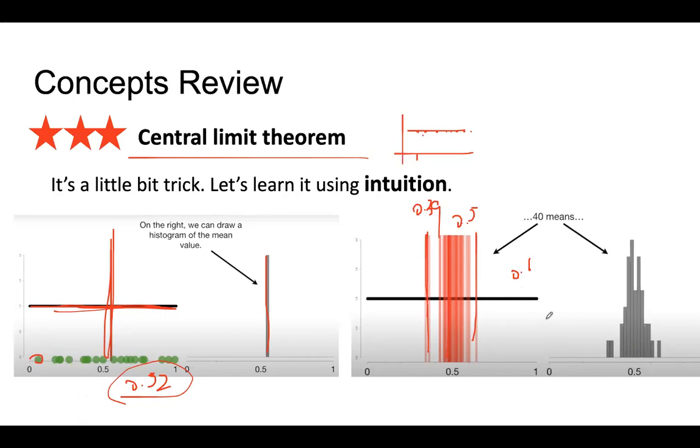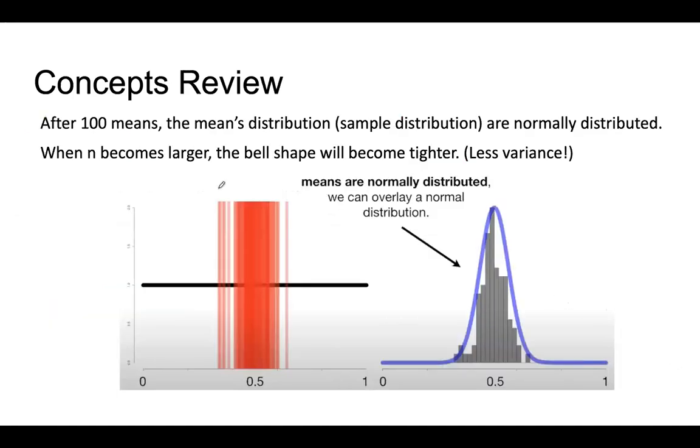When you plot a histogram for these 40 means, you have this shape, right? You can find that its mean is really close to 0.5. You also have some other means, maybe you are less lucky and get a very strange mean close to 0.3, or you get 0.6, but you can plot that histogram. When you try so many times, like 100 times, you get a lot of means. Each time you sample 20 dots and calculate the mean.